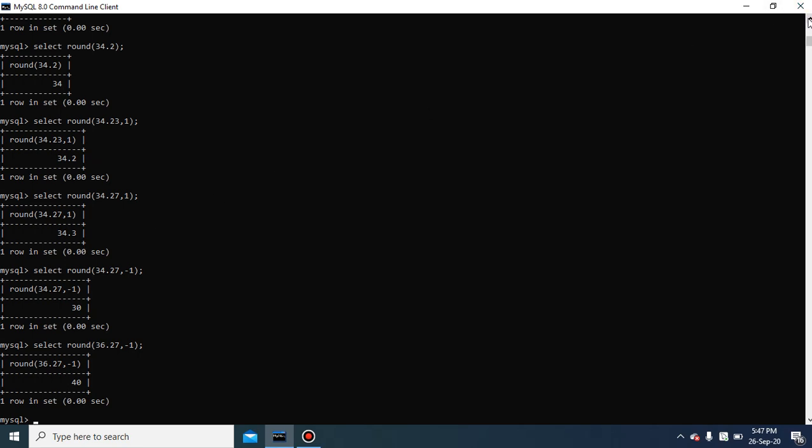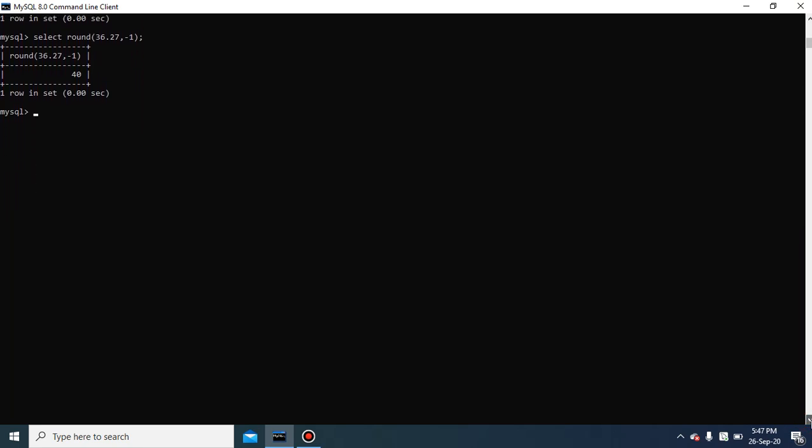Now I'll start the third category of functions, which is date and time functions. So let us start with the third category of MySQL functions, which is date and time functions. First, under this heading we will see date functions. Date and time functions perform tasks on the date data type, just as numeric functions accept numeric values and return numeric data only. Means numeric functions return numeric values.